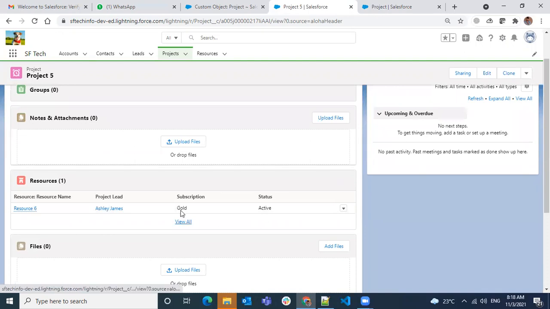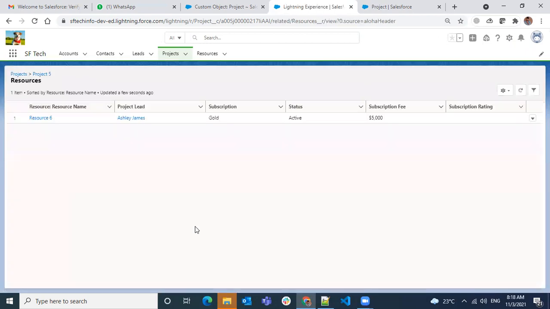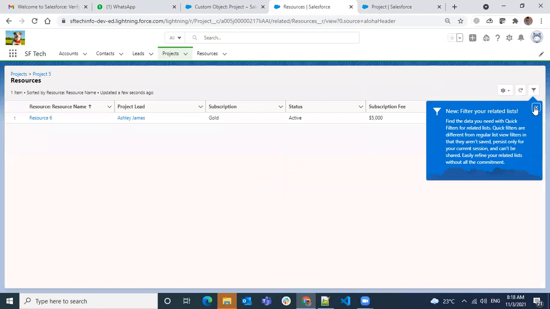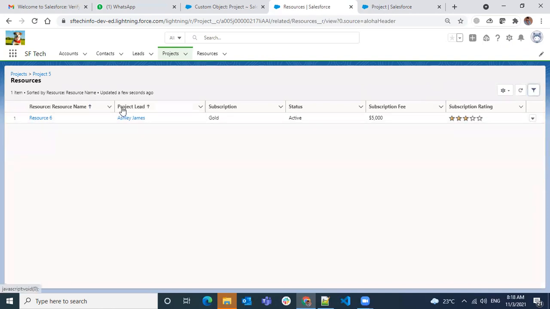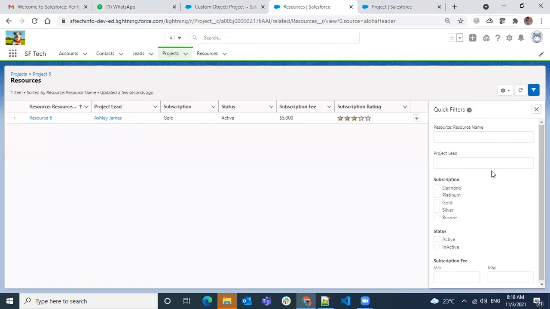So there is no new button and you see all fields. I have added 6 fields, but see how many fields you see here. I see only 4 fields. If you click on view all, then only you see all those fields. Okay, so you have a limitation to show only 4 fields on that related section. You have to switch to this view all version where you can see the remaining fields. Okay, fine. You can do a refresh and you can use the funnel and add a filter.